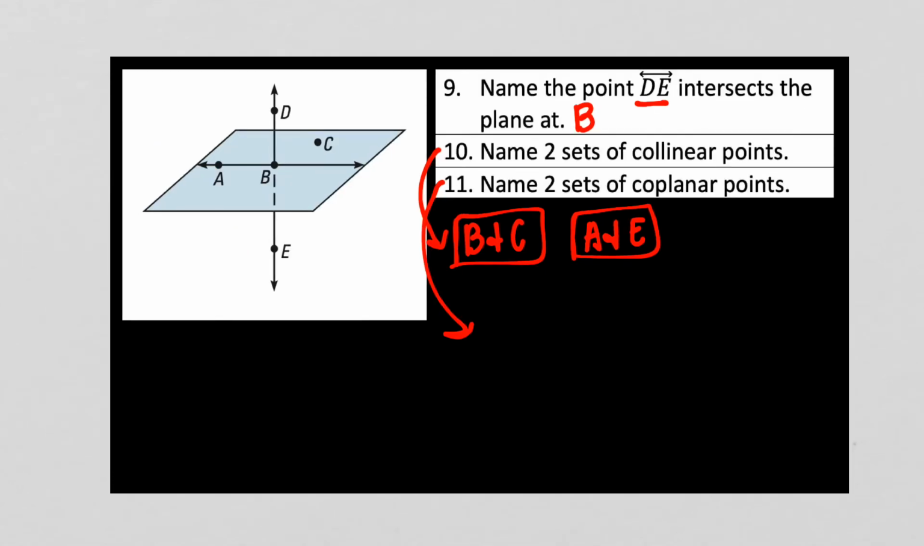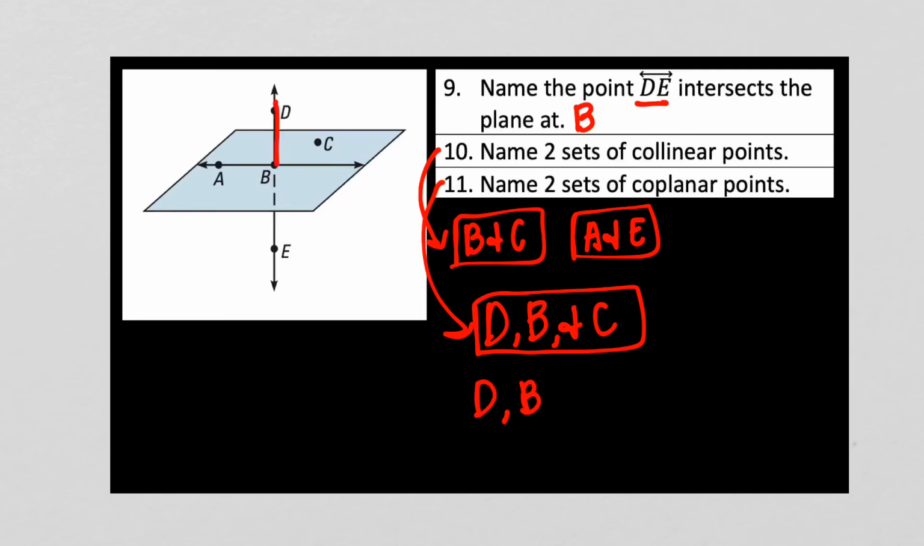And then number 11, I want you to name 2 sets of coplanar points. So remember, they cannot be collinear. So if I look, D and B make a line together. But if I was to go B to C, that's a second line. So I'm going to go ahead and list my first set as D, B, and C. So remember, that's just one set of coplanar points. So then my second set, I'm going to choose 3 other points that are non-collinear together. And I'm just going to do the same thing, D, B, but this time I'm going to choose A. So my 2 sets of coplanar points are D, B, and C, and then another set would be D, B,